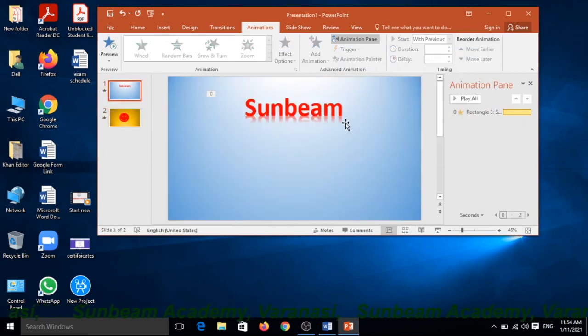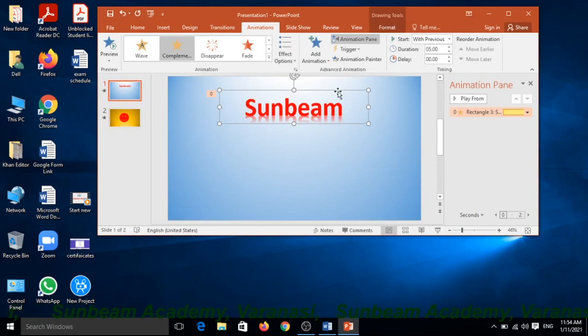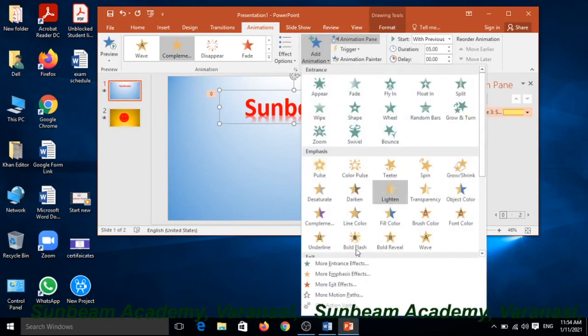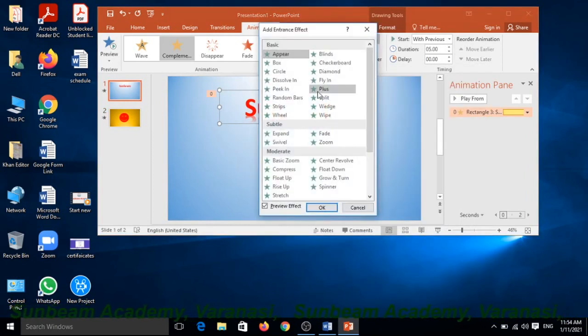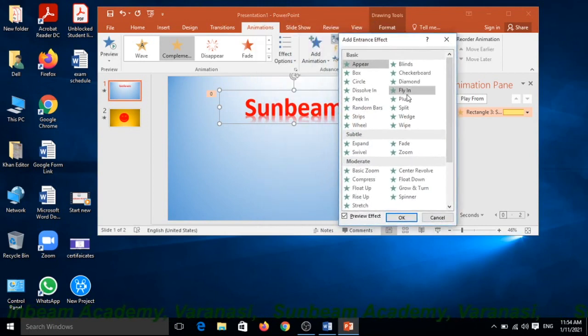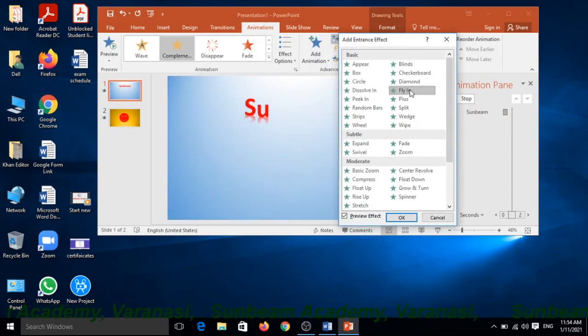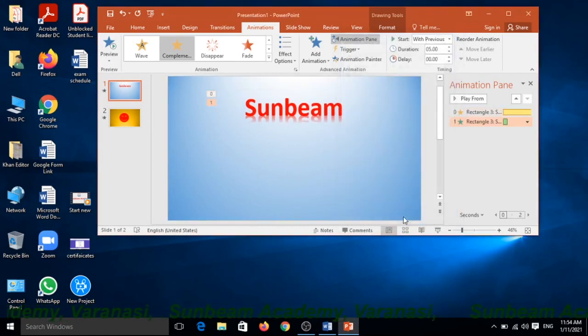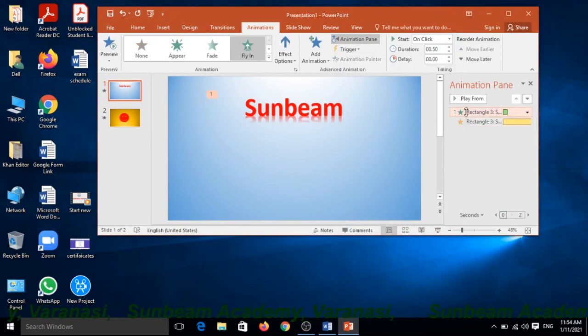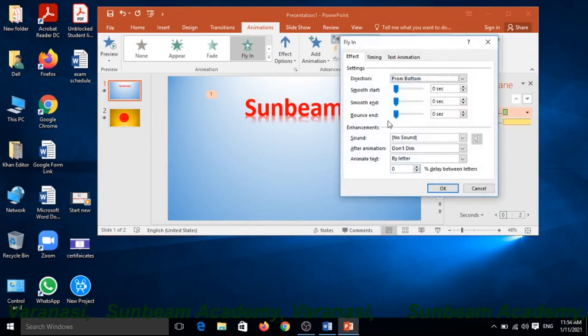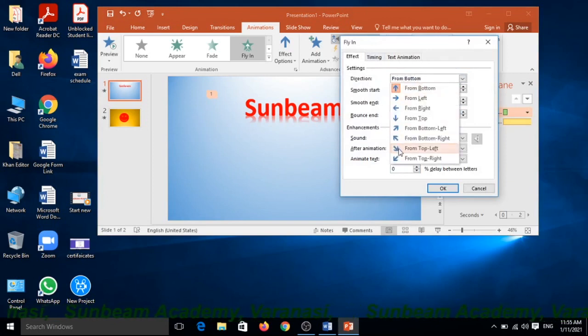OK, and the text. Select add animation, more entrance effects, fly, choose the fly. Last video we saw this type, and click on OK. First I want to change it, double click on this. It is given from the bottom, it depends on you where it comes from.